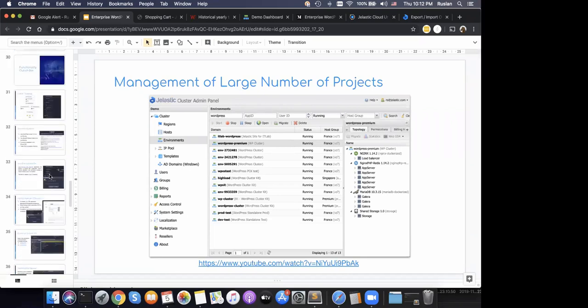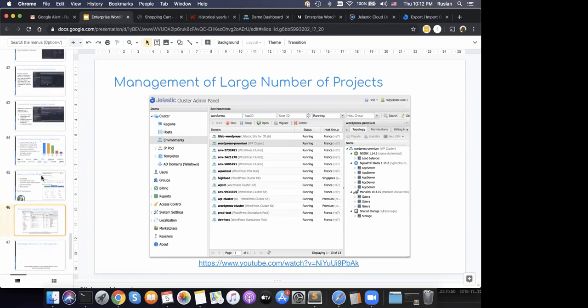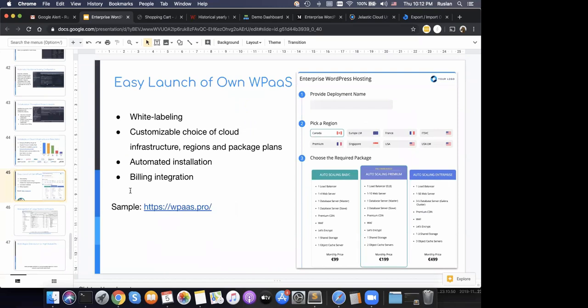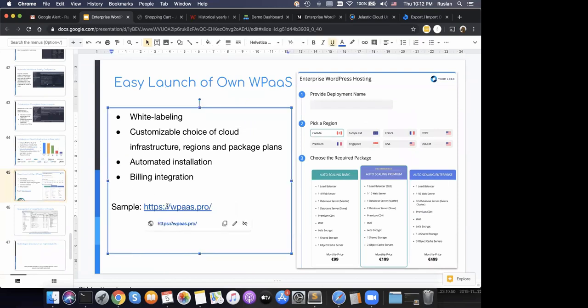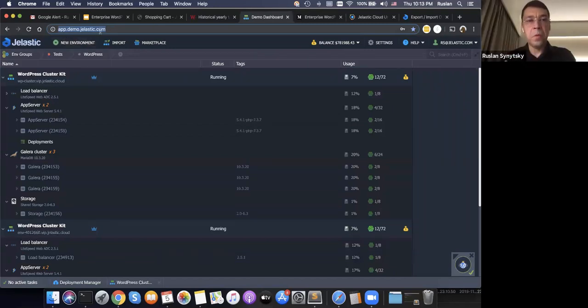Also, I'd like to add here that the customization can be not only for the page that you mentioned, but also the customization on the level of the platform itself. So the dashboard can be with your logo, the Jelastic cluster admin panel can be also customized. The dashboard can be localized to different languages and so on and so forth. So customization and localization is fully available here as well. Yeah, so logo, domain, emails, I believe as well. So many things can be customized.